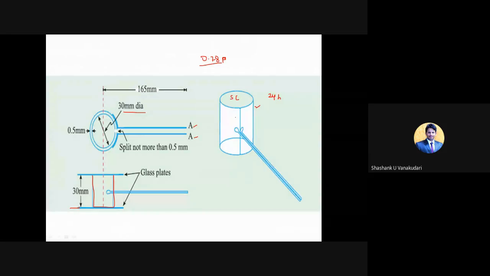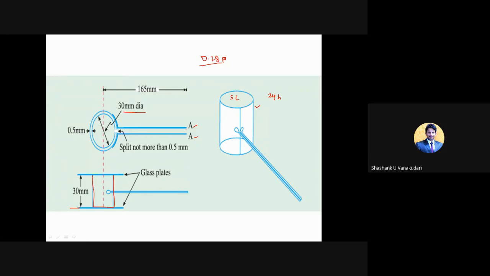After 3 hours, we remove it and wait for it to cool. Within a certain period of time, around 1 hour to 2 hours, depending on the property of the cement, it will cool. Then we need to keep this in the water bath for the next 24 hours, and after that you need to check how much it is going to expand.